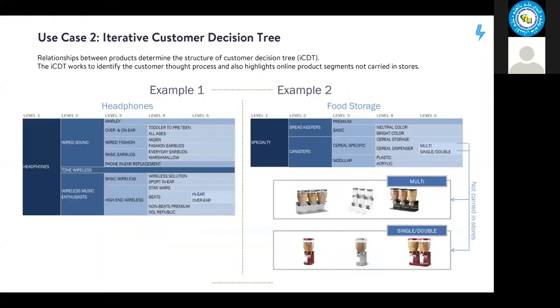All right, now this is actually very directed towards customer behavior. Let's say you have customers walking in, and they have a thought process of how they want to buy or how they want to shop in a category, right? So what happens is,